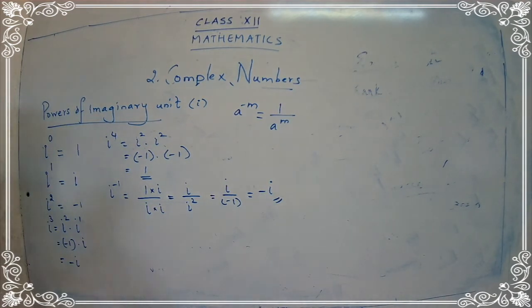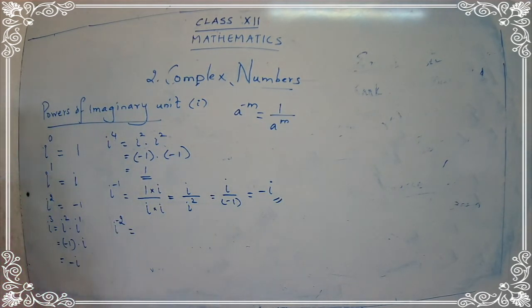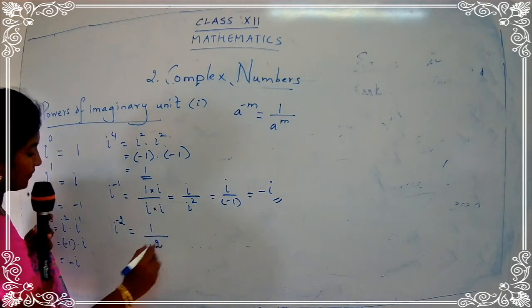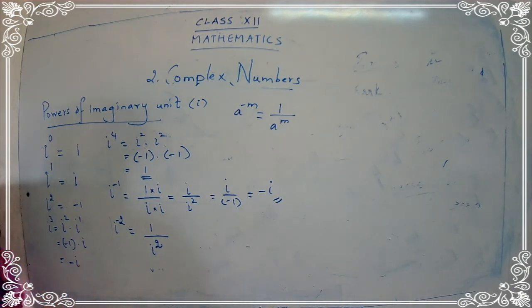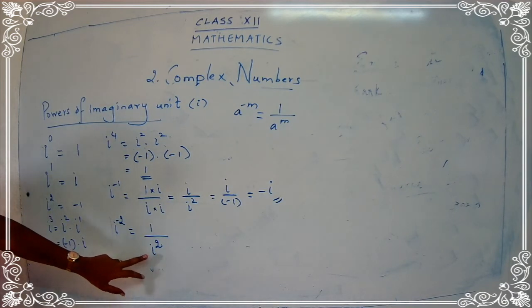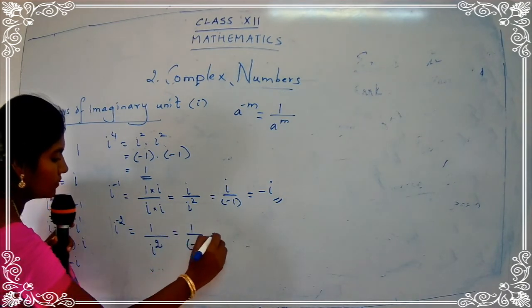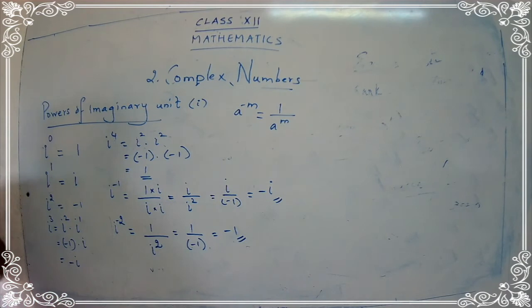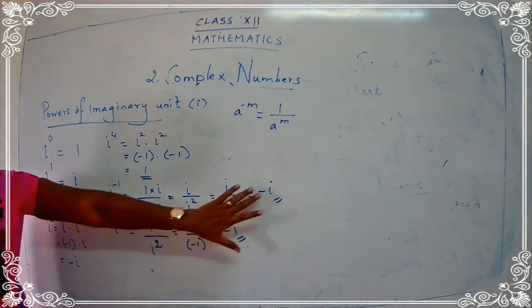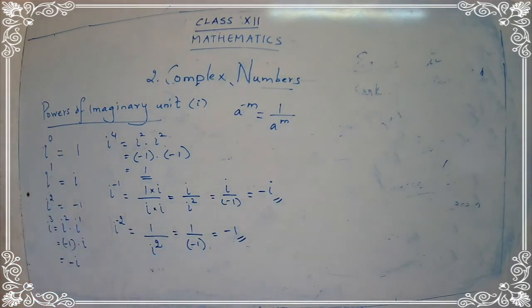Okay. Now let's go for the next part. i raised to minus 2. What is i raised to minus 2? 1 upon i square. Here, is there any need of multiplying by i? No, because I know the value for i square. So just substitute the value: 1 upon minus 1, that's minus 1. So when we write, there should be no confusion between 1 and i, so just put a small tail for i. So i raised to minus 2 is equal to minus 1.